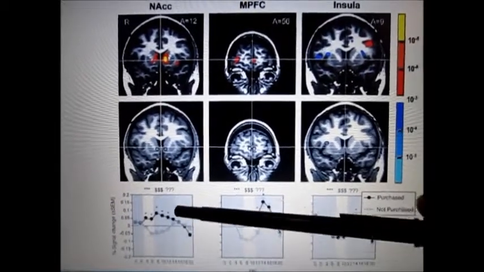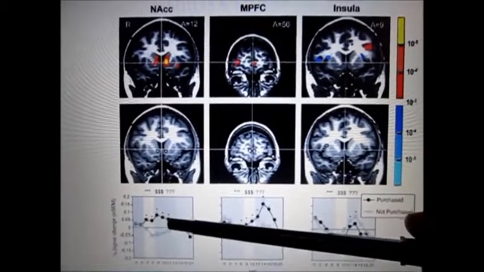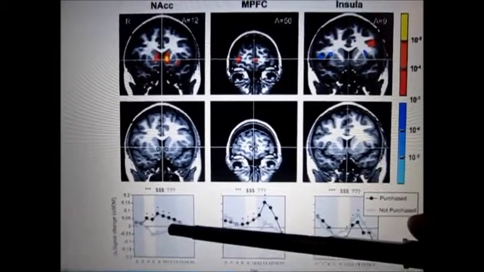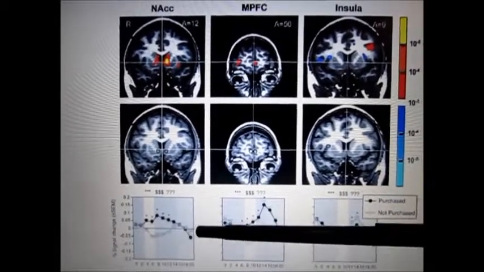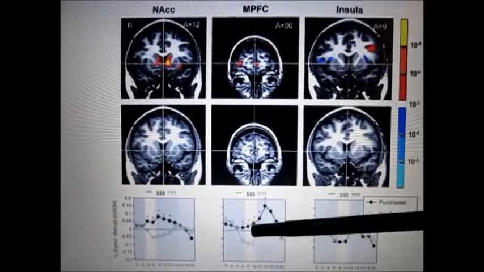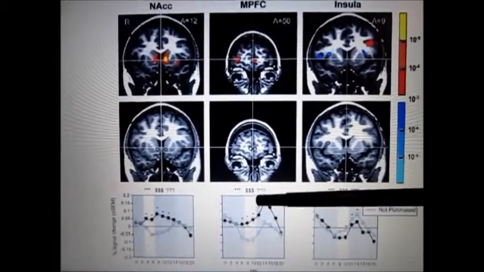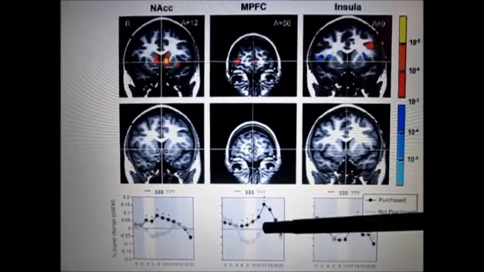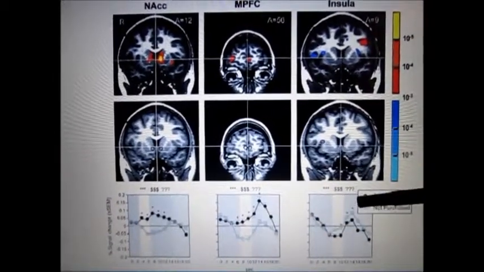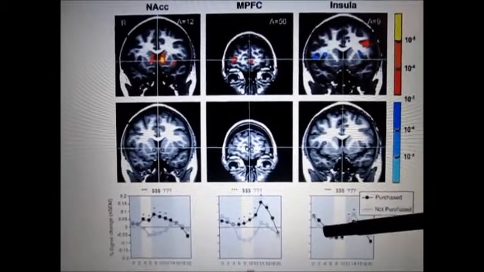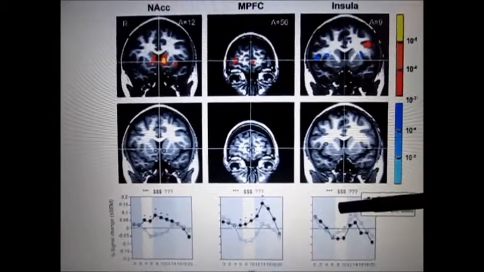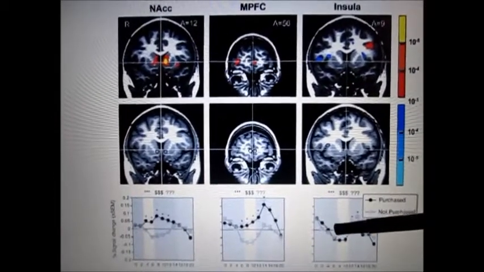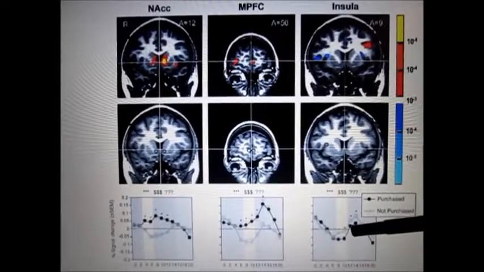For the NACC, we get higher activation for the purchase trials and lower for the non-purchase trials. For the medial prefrontal cortex, we also find higher activation for the purchase trials and lower activation for the non-purchase trials. And for the insula, we find higher activation for the non-purchase trials and lower activations for the purchase trials,